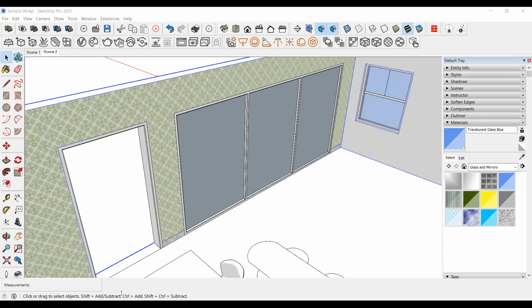We saw how to add trim and baseboards, which come under the sculpture frames. We saw how to add windows and doors, not manually but with the extension 1001 bit tools, and how to create doors, door frames, window frames, and window panels. Now we'll see